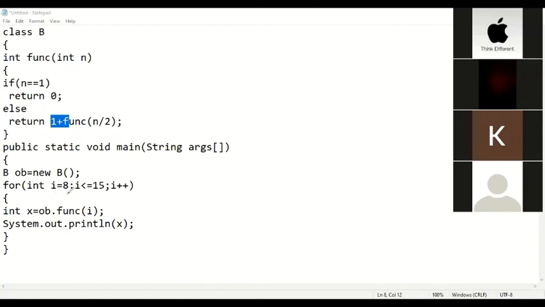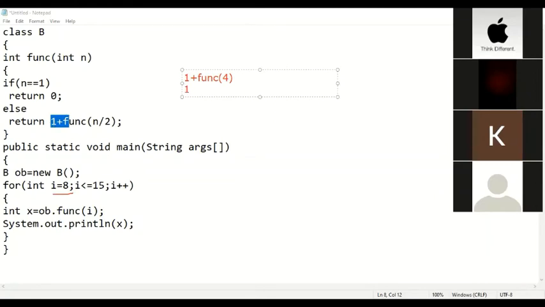See what is happening. When 8, this is 8. 8 is being passed. Here it is false, so it comes over here. What is happening here? यहाँ पर क्या हो रहा है? रिटर्न में क्या आएगा? 1 प्लस फंक्शन इज बीइंग कॉल्ड विद द वैल्यू 4. n/2 मतलब 4. तो जब 8 पास हो रहा है n में, तो पहला रिकर्सिव, फिर दोबारा से n की वैल्यू हो गई 4, यहाँ पर हो गई 4.